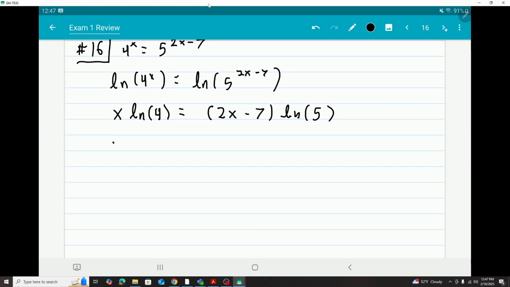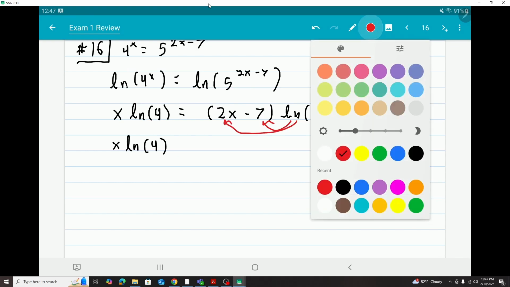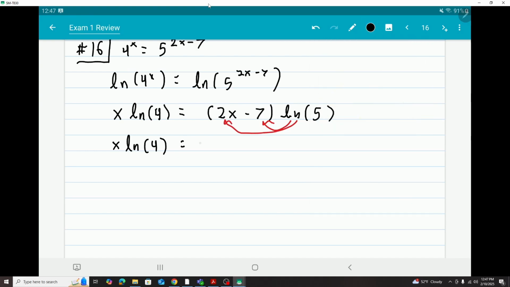And now I have x times the natural log of 4. I want the x's on their own side, but I've got some x stuff that's tied into some parentheses. So I'm going to distribute this natural log of 5 and get 2x natural log of 5 minus 7 natural log of 5. And now I've got x stuff on the right side. I'd rather it all be on the same side. So I'm going to subtract 2x log 5 from both sides